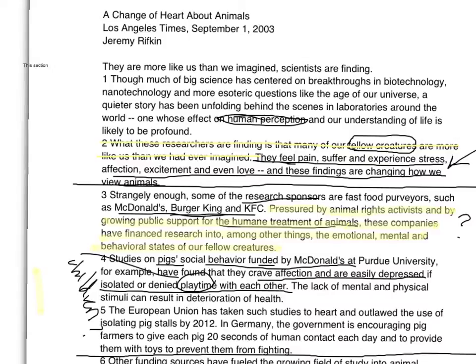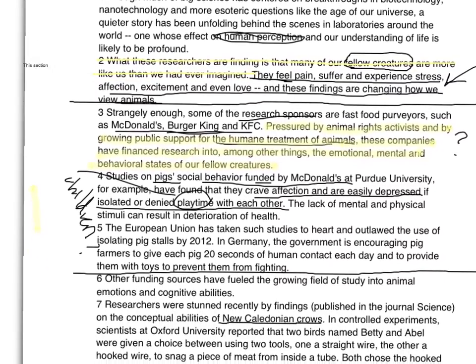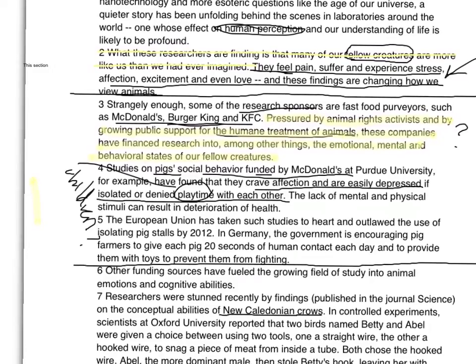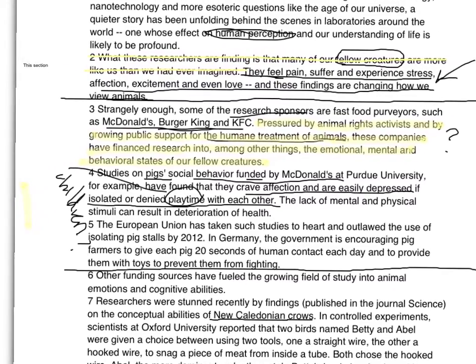Studies on pig social behavior funded by McDonald's at Purdue University have found that they crave affection and are easily depressed if isolated or denied playtime with each other. Well, to me, that statement is a supporting point because we're talking about the research that has identified the emotional, mental, and behavioral states of our fellow creatures. And if that's where he's going, then this paragraph 4 is just supporting that idea that he introduces in paragraph